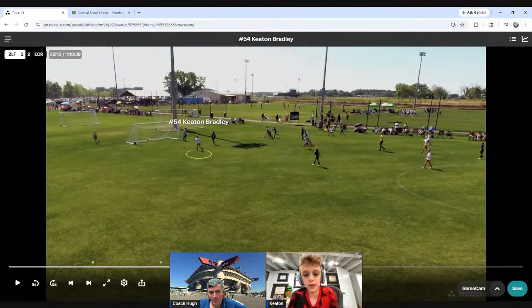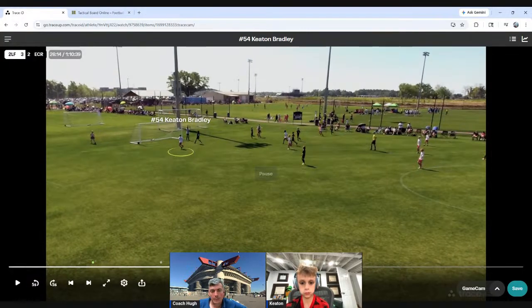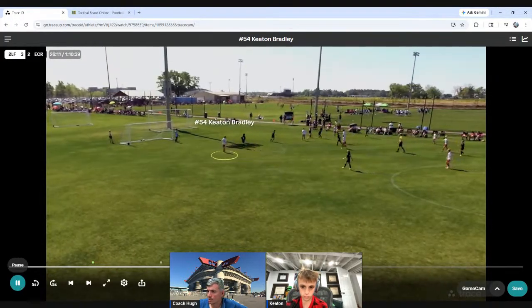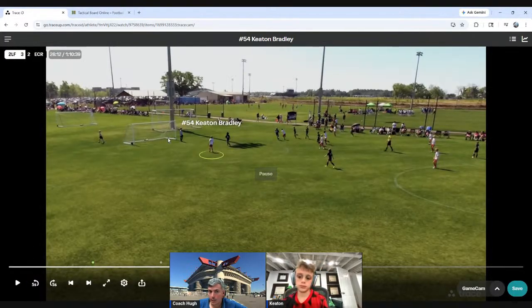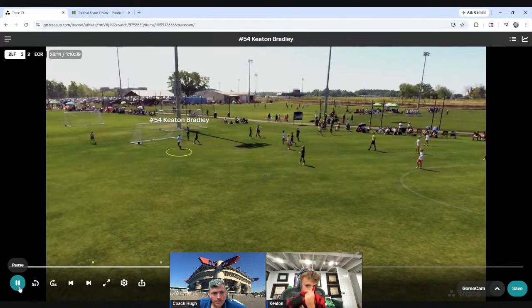I do like the position you have here. Maybe a step or two forward, because if he threads that ball through on the ground, you want to be right there on the back post to just tap it in. So just be prepared for that. What I would do is read the touch that he takes. So the moment that he takes that touch down to the byline, right? He's going to the goal line. That's when you got to hustle. You got to close the space down and get to this back post, because now the ball is the offside line, right? Once that ball gets past that second to last defender, you can go all the way up to the ball.